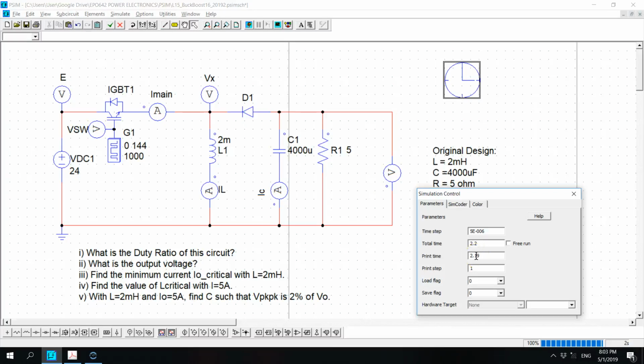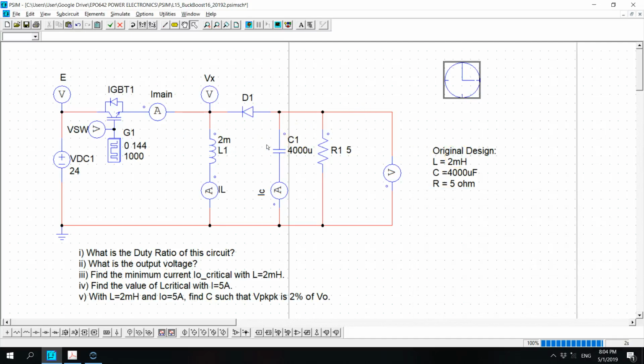You only allow 6,000 points, so you have to be clever in choosing when to start to record the number of points. So I advise you to use this simulation control for you to simulate and play around. This also can be used for your buck and also the boost converter circuit before. Use this simulation control to look into the output voltage. Alright, so try it,